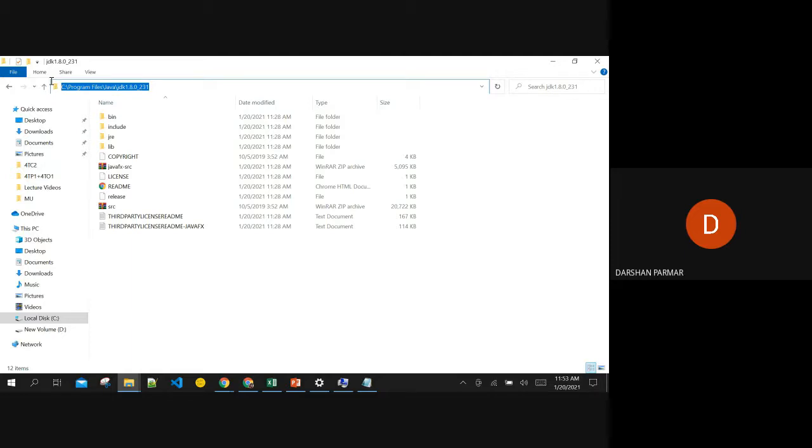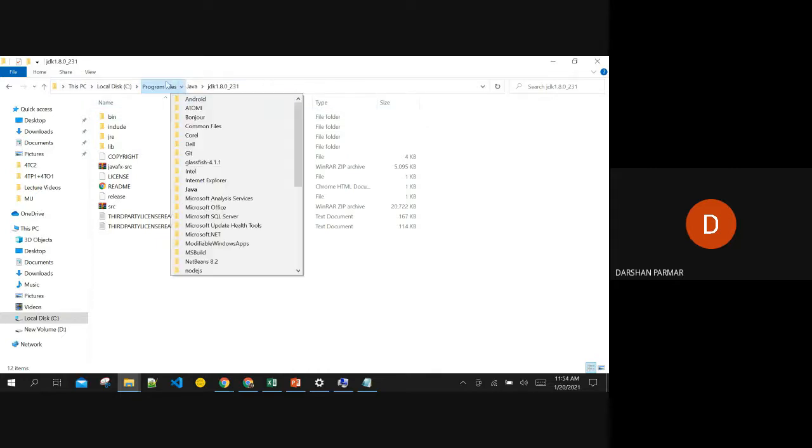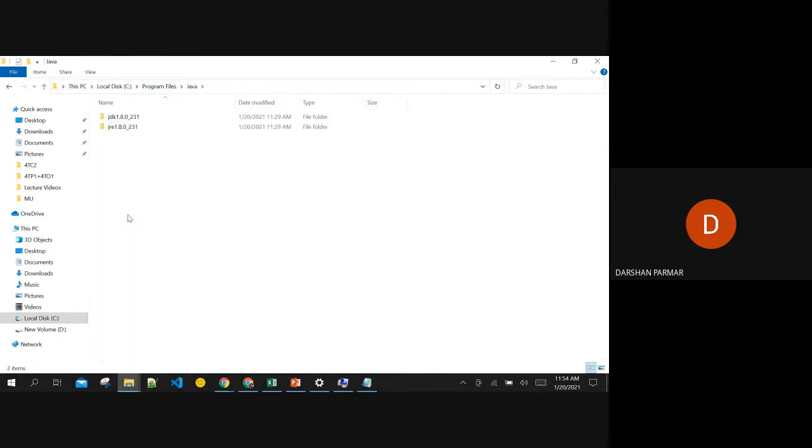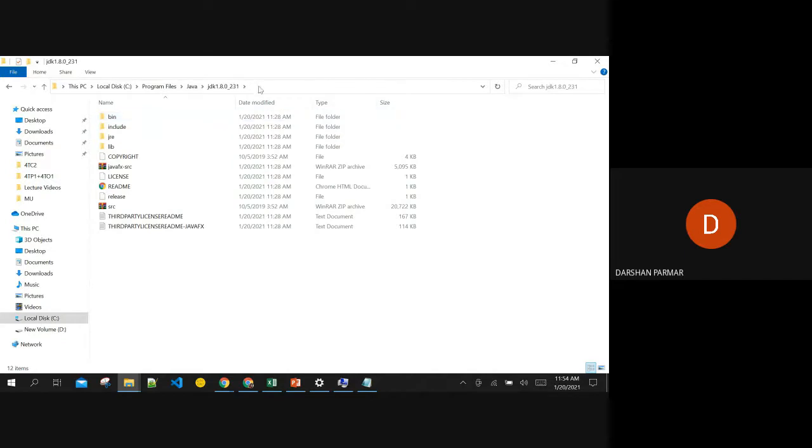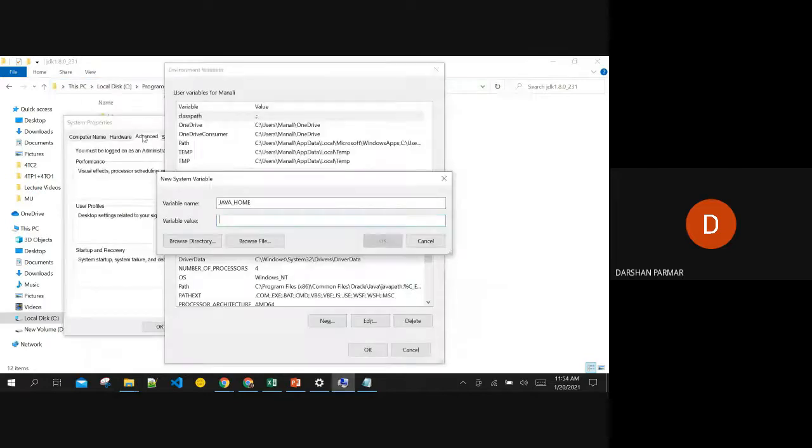Java home is the home of your JDK. Make sure this path includes the JDK's whole name with the underscore update and everything. To get it, go to program files, go to Java, double click JDK, select the complete path, Control C to copy, and here Control V. Simple.